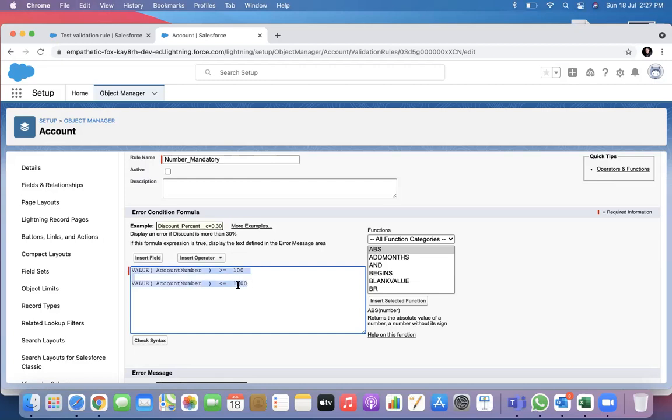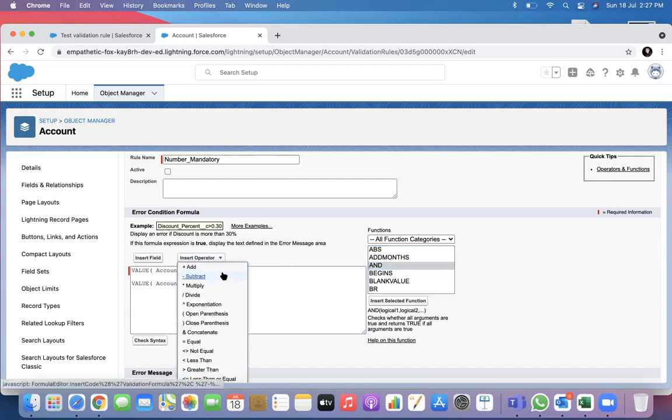Now, how to connect these two different logics? Using the AND function, yes. And why AND? Why not OR?